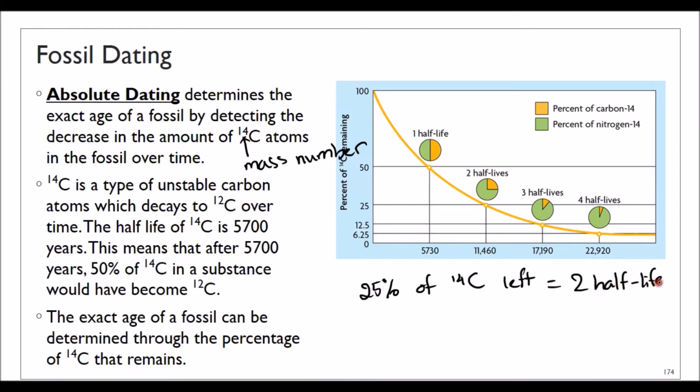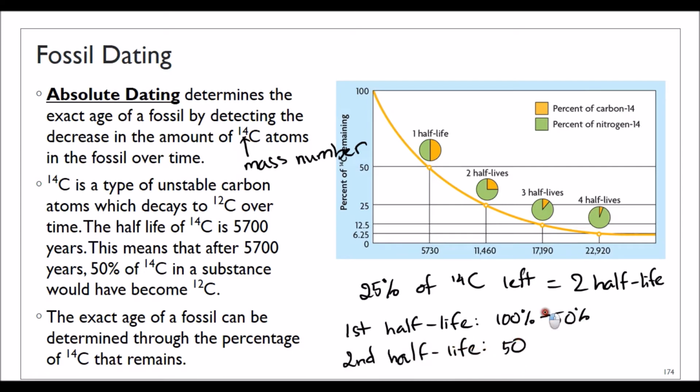because in the first half-life, you go from 100% to 50%, and then the second half-life is when you go from 50% to 25%. So if I analyze the sample and found that there is only 25% of carbon-14 left, and you normally compare it to the nitrogen-14 in the sample, which is why the graph is here. So if I only have 25% of carbon-14 left, it means that